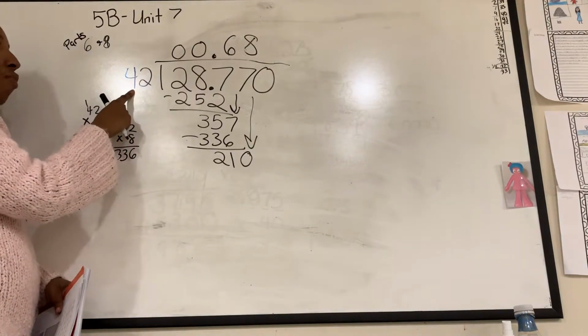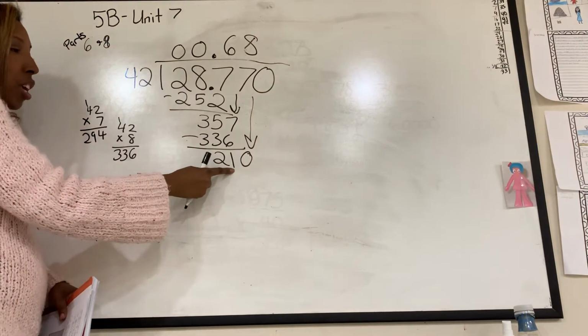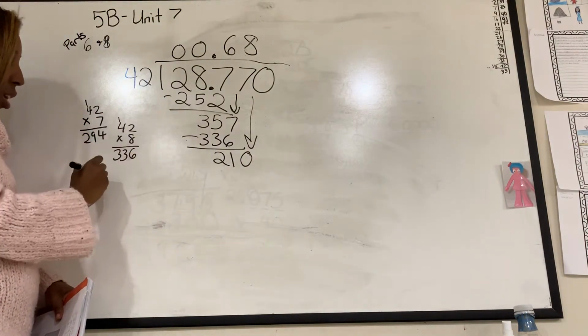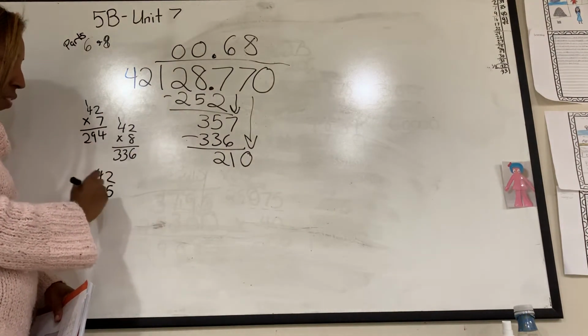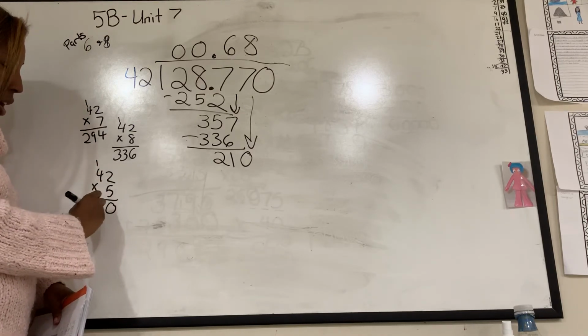Well, I know if I have 40, 4 times 5 gives me 20. So it's probably going to be close. Let's see. 42 times 5. 5 times 2 is 10. Put down a 0, carry the 1. 4 times 5 is 20. Look at